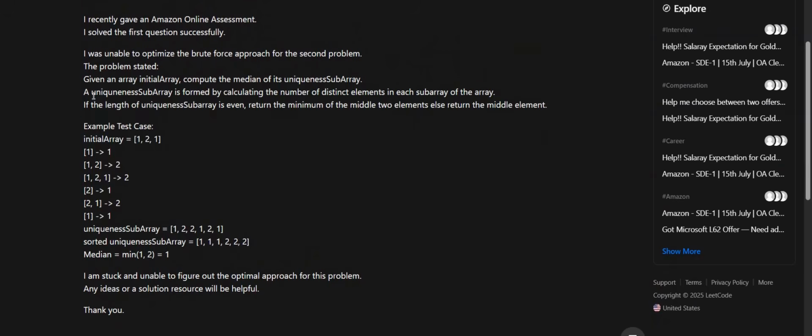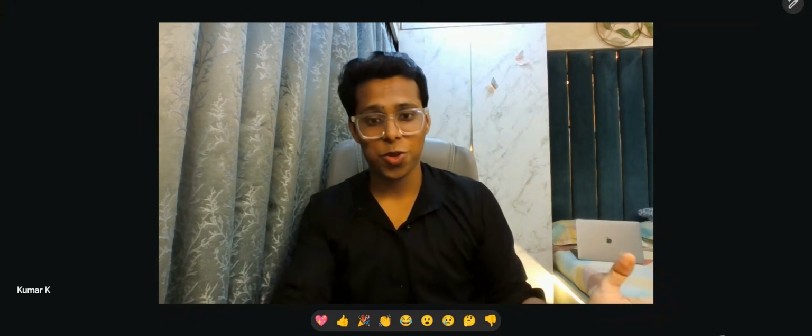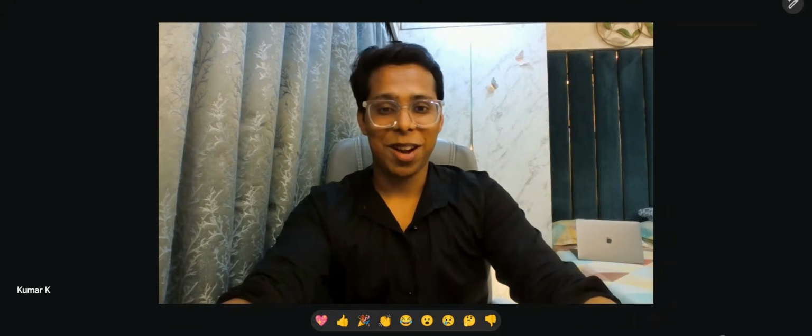So this is again a subarray problem. Guys, can you see subarray and hashing repeating so many times? I was not lying to you. I told you to study subarray and hashing as much as possible, right? So I'm very happy.